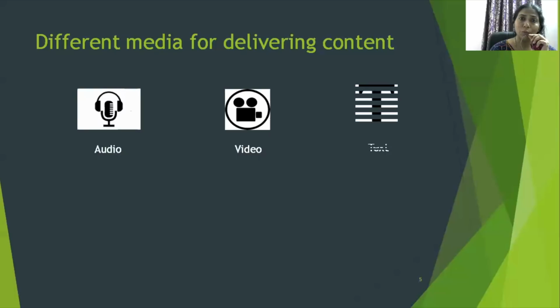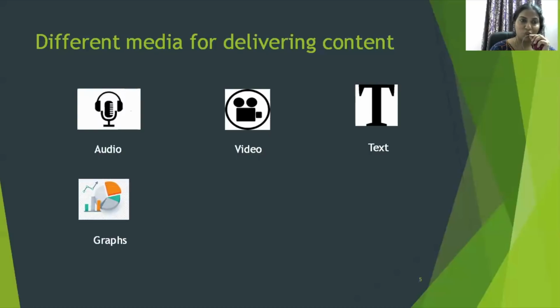Further, you may choose the most widely used medium of written texts, as in the case of much of traditional methods of content delivery. In addition, you may also have the option of using graphics, such as still photographs, pictures, illustrations, graphs, or diagrams. Graphics can be effective in educational fields where visualization is an important part of learning, as in the field of computer and software education, technical education such as engineering, or even in medical field.